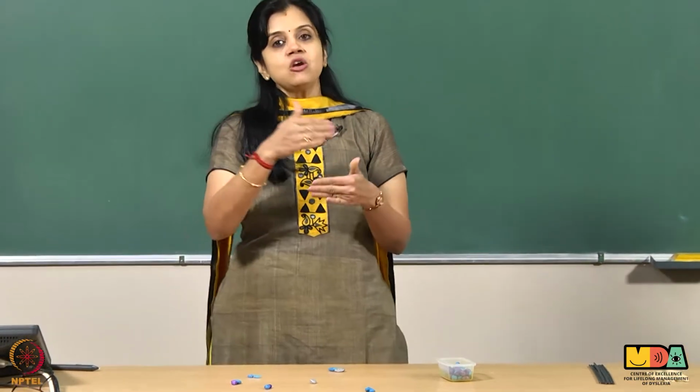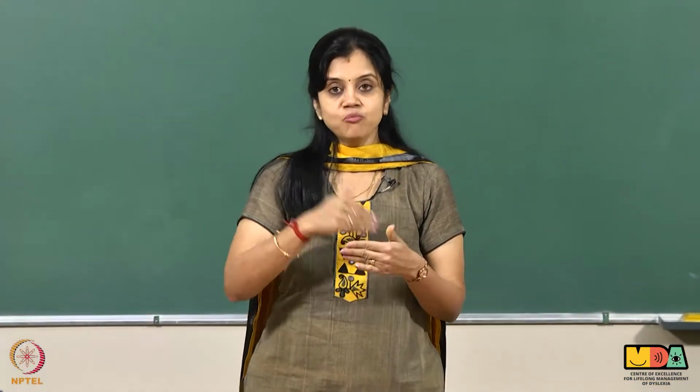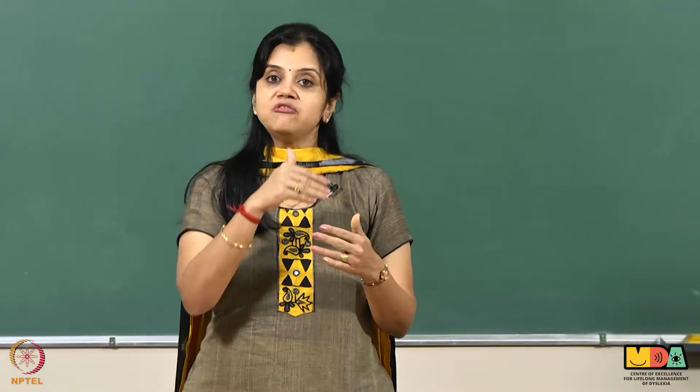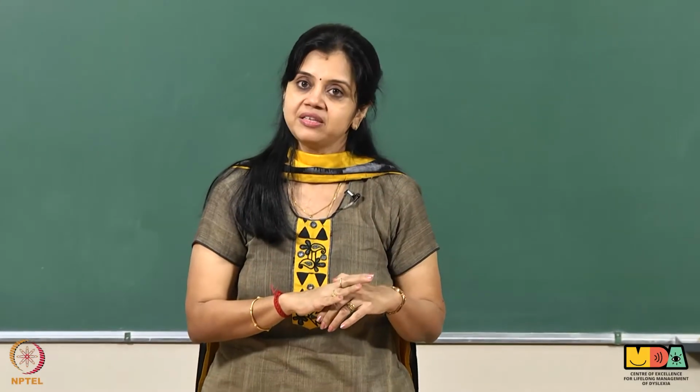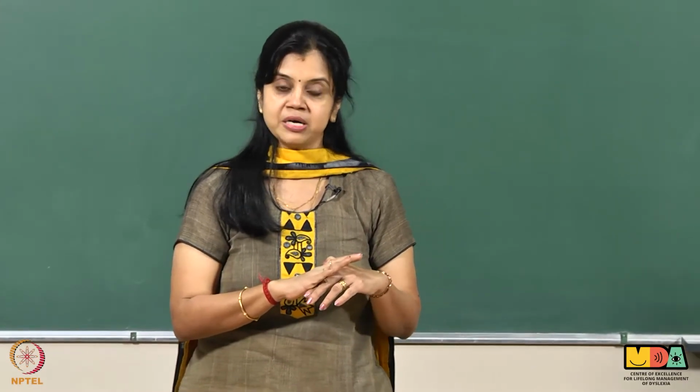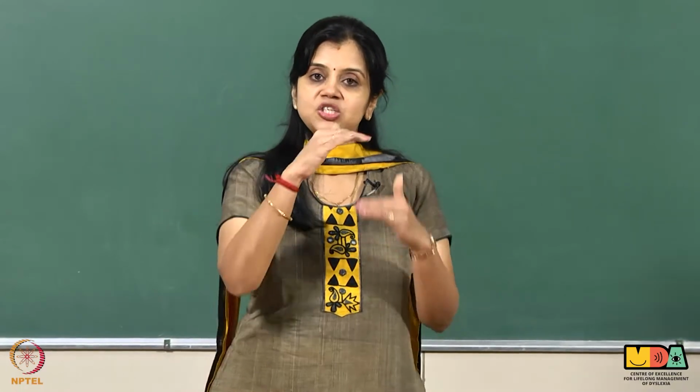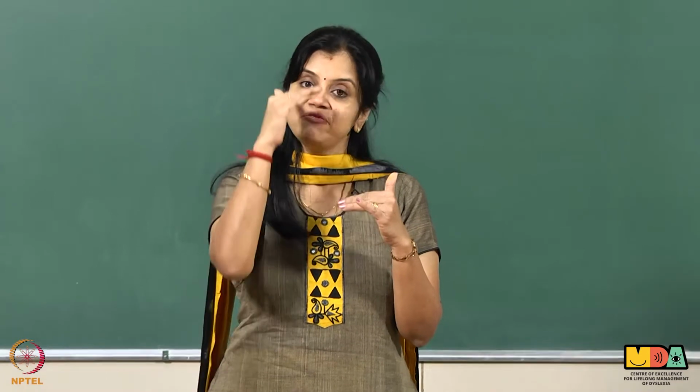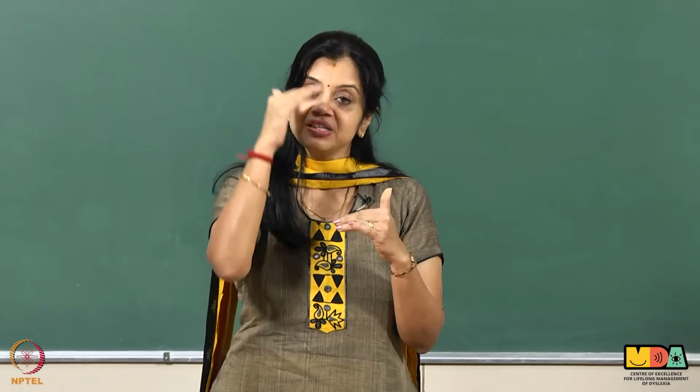Now, when we go into long division, most often the children are confused with the number of steps that they see or that they need to remember and the sequence of the steps. There is a small mnemonic to remember that. Can we just put it up on the board so that it will be easy for us to remember? So, once the children remember these keywords, they will know the steps involved and the sequence in which they need to do them.